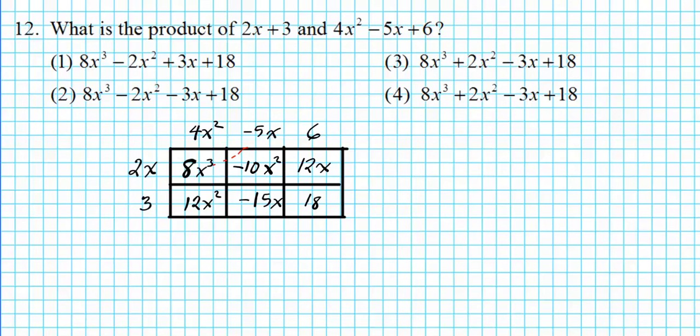For example, if you look at this diagonal right here, those are like terms, second degree terms. And also right here, you have first degree terms. So you can just use the visual orientation or configuration of the terms to aid your combination of like terms, all right? 8x to the third stands alone. It has no like terms to be combined with. 12x squared minus 10x squared is a negative, actually positive, since the bigger is positive, positive 2x squared. Negative 15x plus 12x. Subtract, keep the sign of the bigger, negative 3x, and then we're left with positive 18